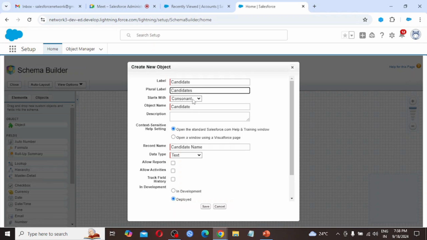So by default it is consonant. So any value we have to select here. Object name is candidate. So this is the API name. Description.